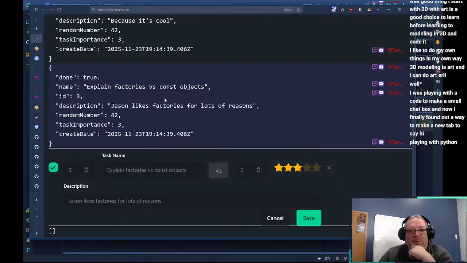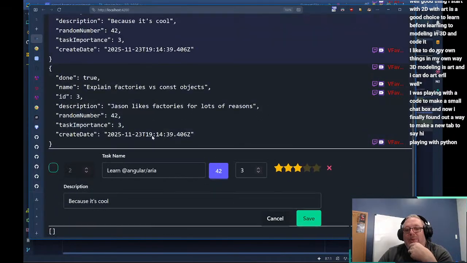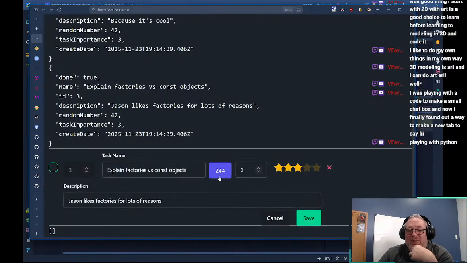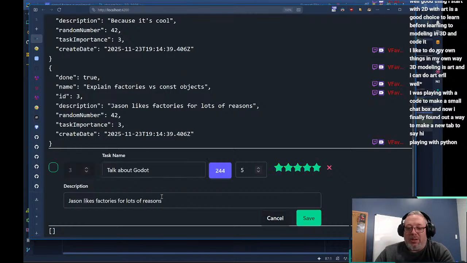There we go. So much better. So much better than where we were. And we can still talk about Godot, right?